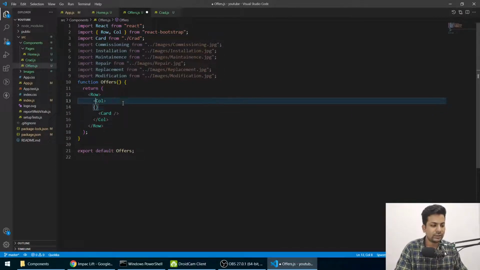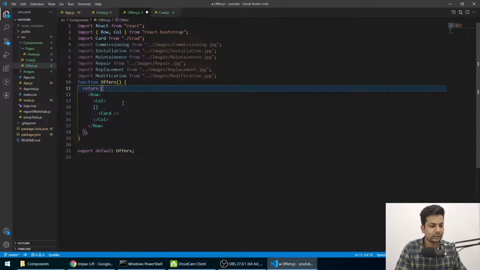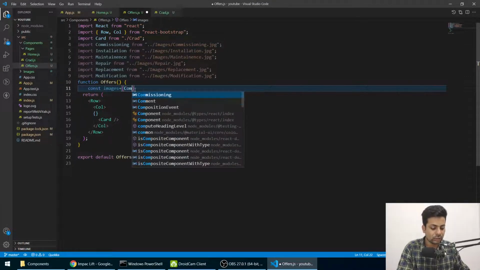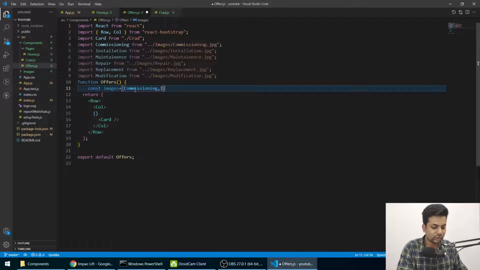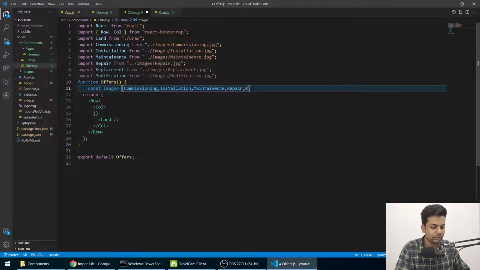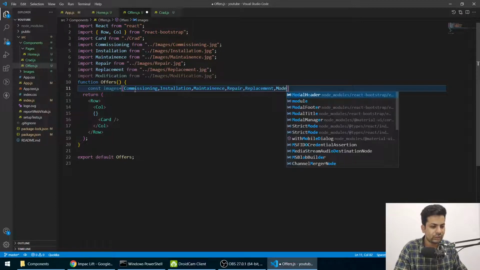So firstly let me make a const images. Let me make it an array: commissioning, installation, maintenance, repair, replacement, modification.